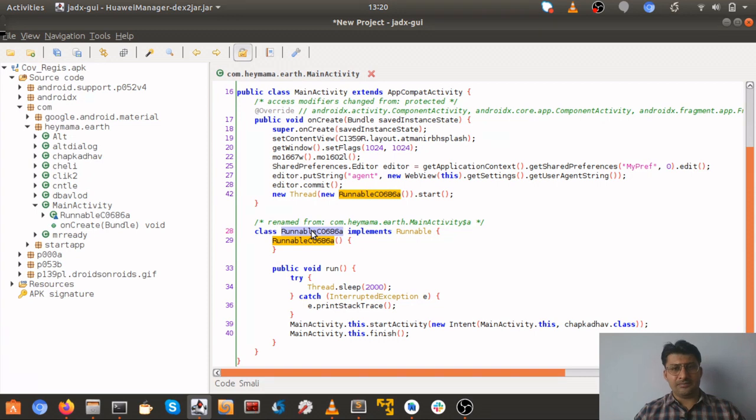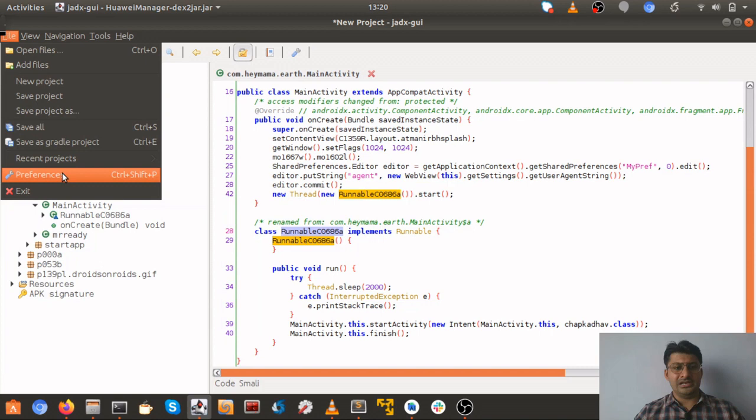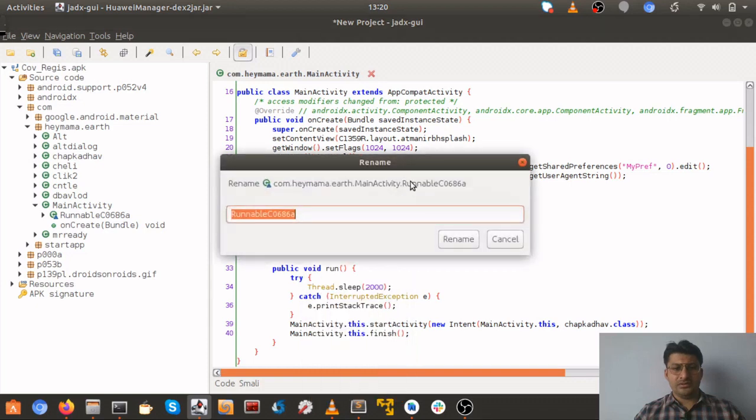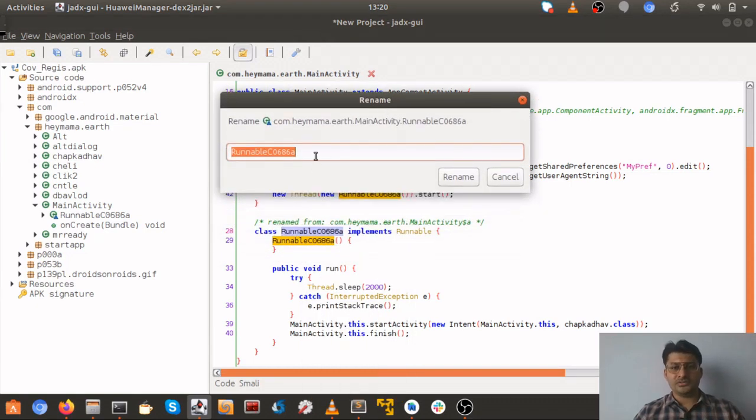If this doesn't happen, go again to file and preferences, and repeat the steps that were told earlier. Yeah, as I told you, it works sometimes, sometimes it doesn't. So you can just try it once or twice.